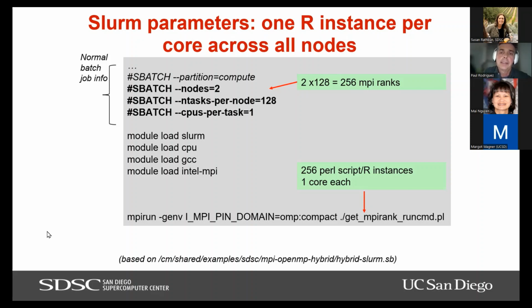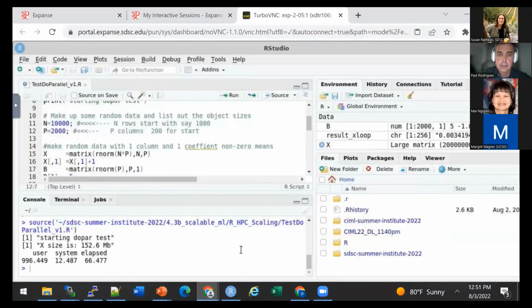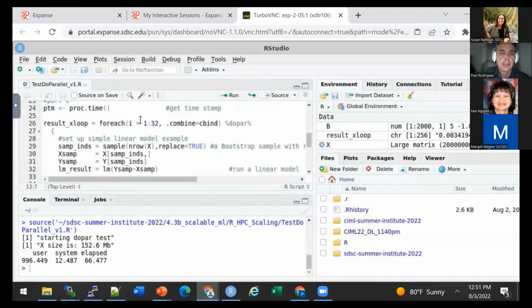So that's in the GitHub, as well as the big lasso example from R, which is also in the GitHub, and this short foreach example is also in the GitHub. So if you want to run that at some point, you can just do so. I think that would be my final thing to add.